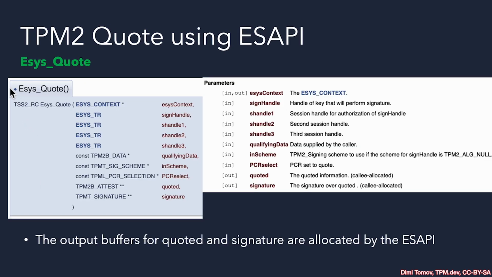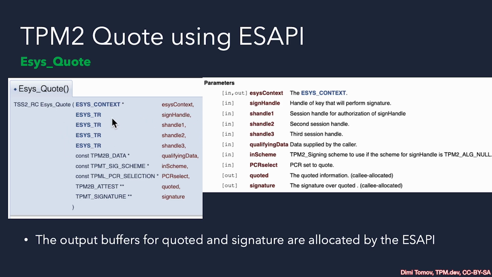Here is the ESAPI variant of TPM2 quote. The comment matches very closely the structures that we just talked about. First, we have the ESYS context, then we have a sign handle that points to a loaded and ready for use AK signing key. And remember, it has to have the sensitive data origin property set in order for the TPM2 quote to work and sign data in the PCRs.